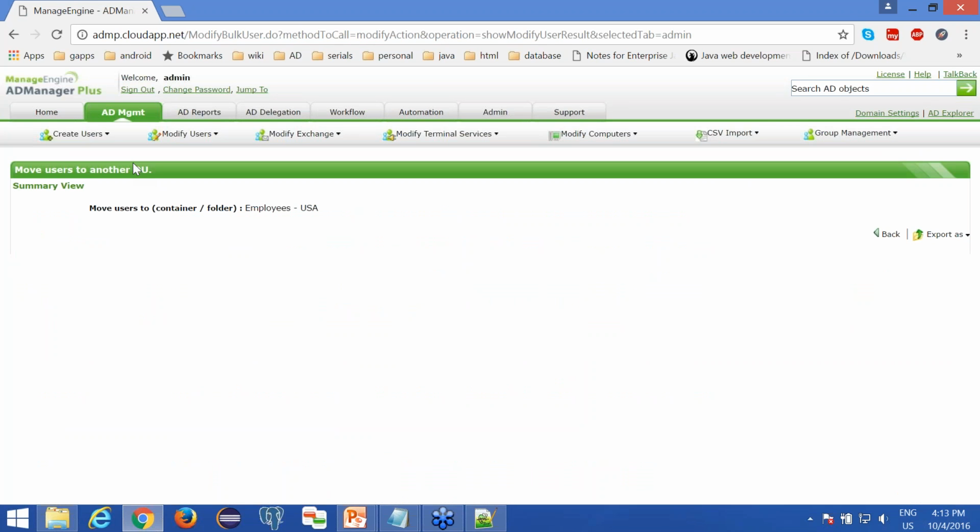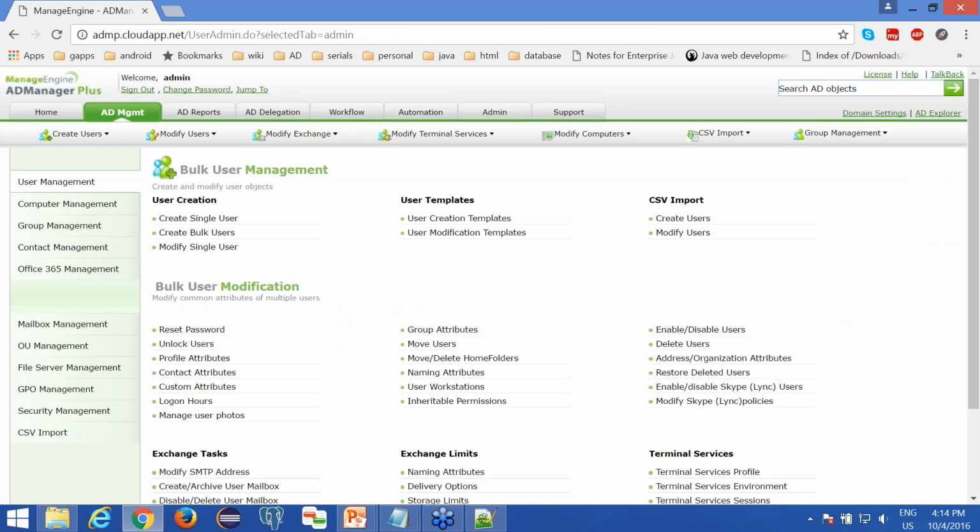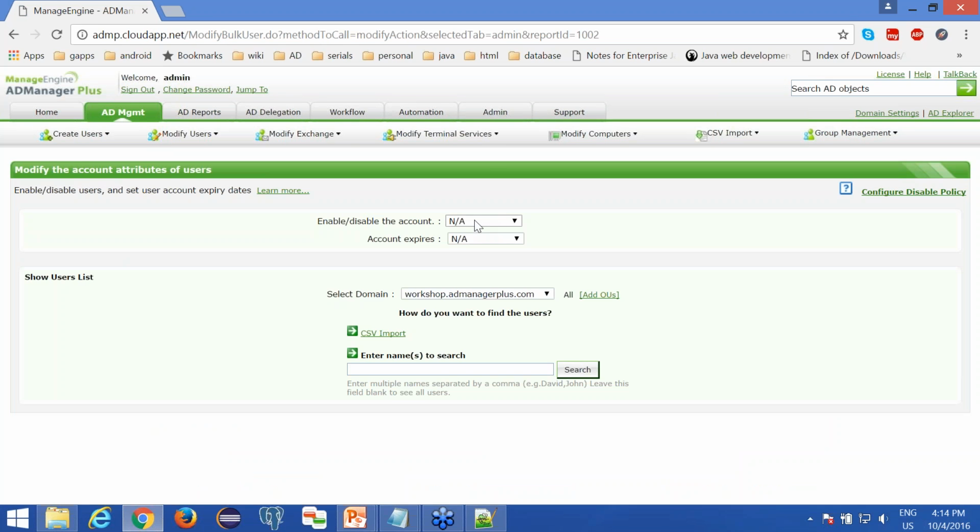Now let's say you are going to perform a deprovisioning process. So deprovisioning does not simply involve deleting the user account, but you will be following certain steps before you delete a particular user account. So say for example, at first you will make the inactive user account a disabled user, and then you move them to a particular organizational unit, and then you remove their group membership, and finally you delete their user account. So let me first disable such inactive user account. Let me click enable disable users,